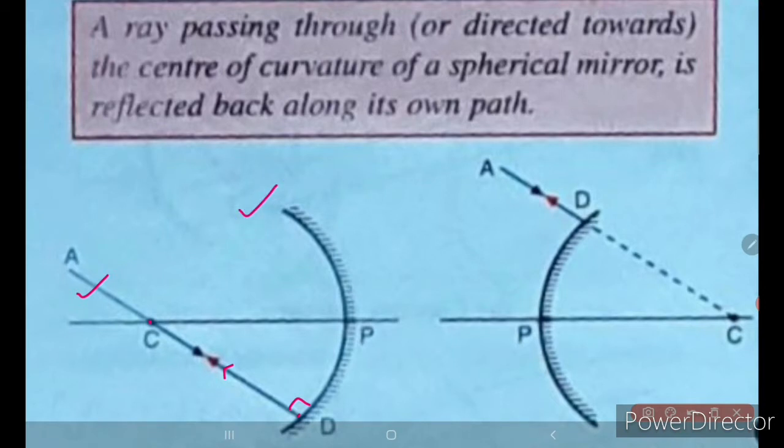Now for the convex mirror, any ray, this is the incident ray, the black one, any ray trying to pass through the center of curvature, after reflection follows the same path of the light. So any ray passing through or directed towards the center of curvature of a spherical mirror is reflected back along its own path. So this was the first rule, right? Now the second one,